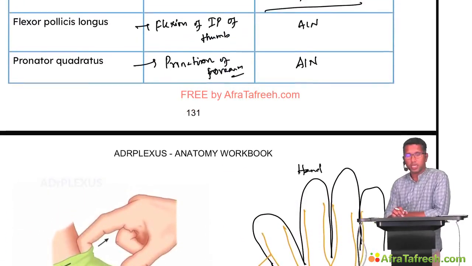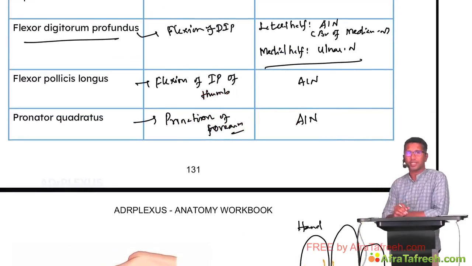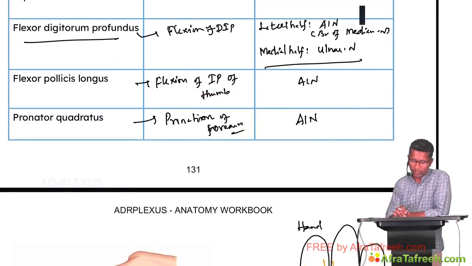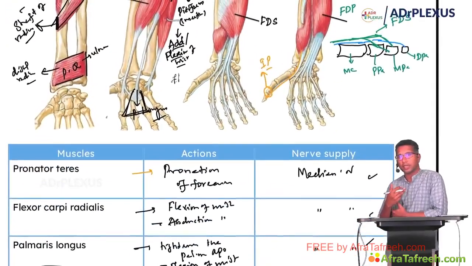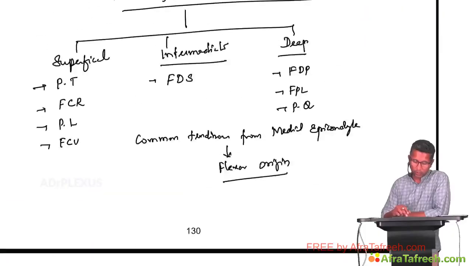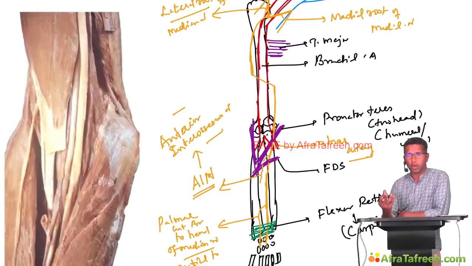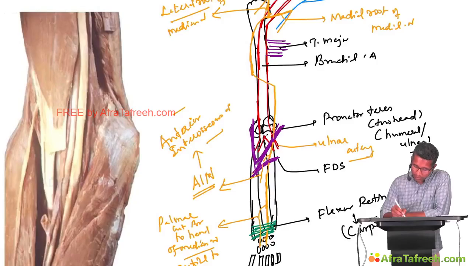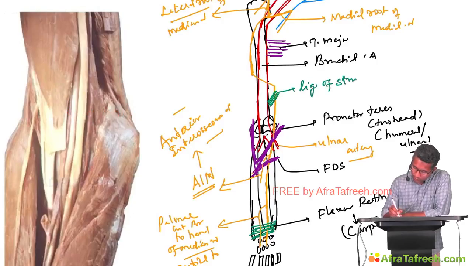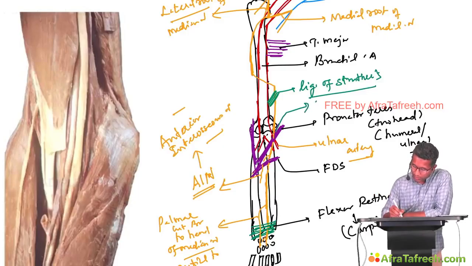Now suppose a median nerve, when it is running along its course, can get compressed at various points, resulting in entrapment neuropathies. So if you look into the course of the median nerve, what are the areas where it can get compressed? When it runs in the arm region, it can get compressed by a ligament here. This ligament is called the ligament of Struthers. Or it can get compressed when it crosses the pronator teres,